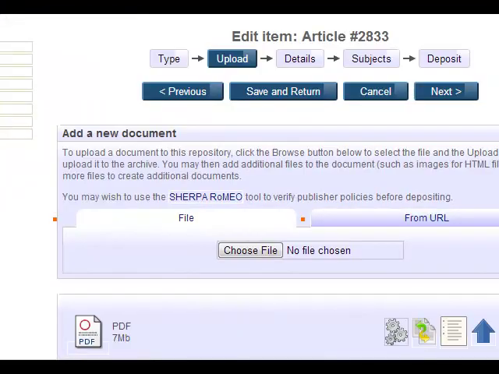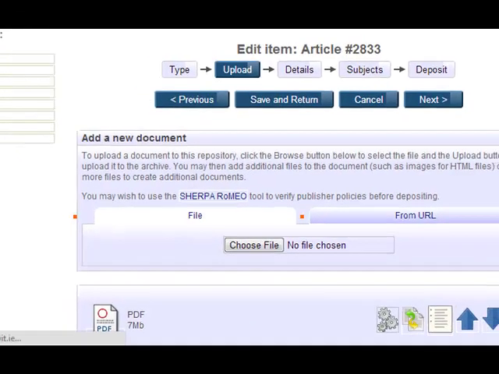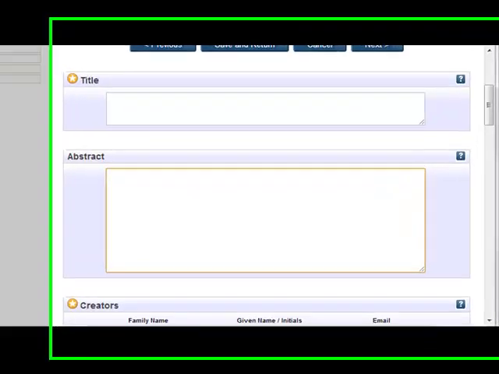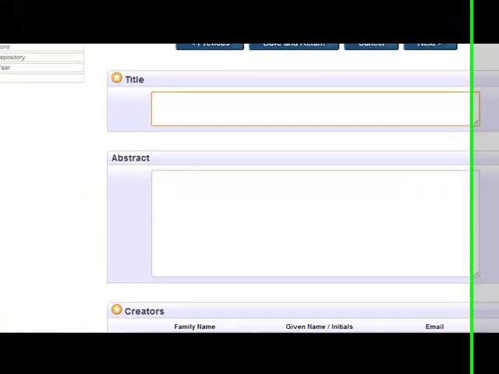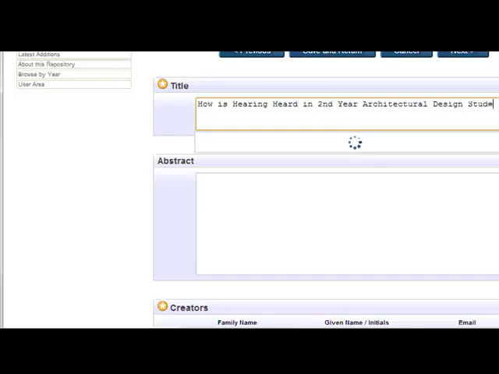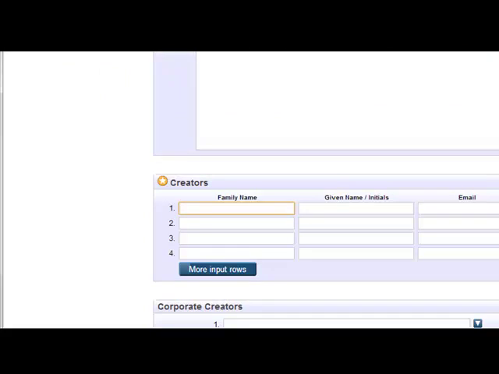Now the next step is the details. And the details include the title and the abstract. And we're going to rush through these very quickly. An abstract here doesn't appear to be a required field, but it is very useful to have it. So we're going to add an article very quickly here, and its English title is How is Hearing Heard? Creators, we are using the name